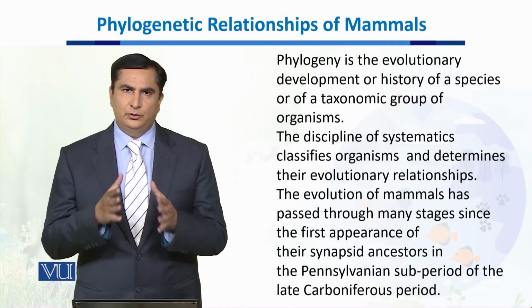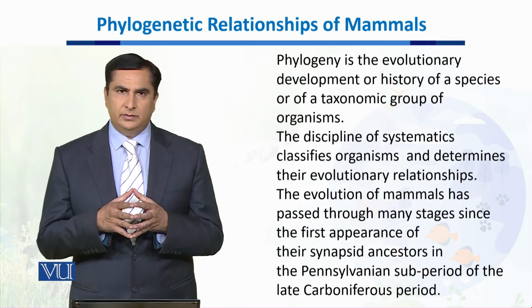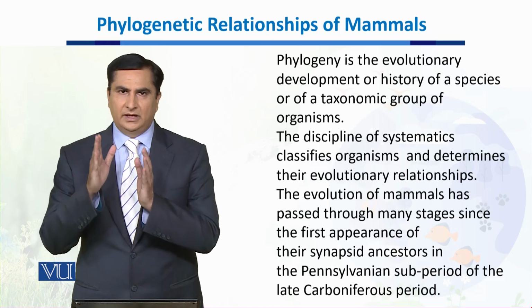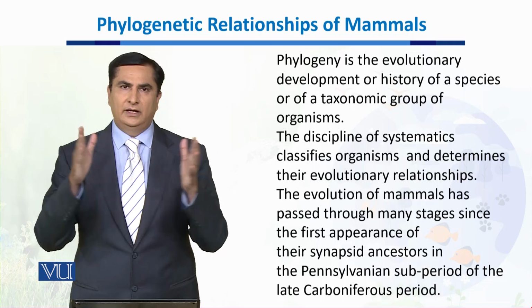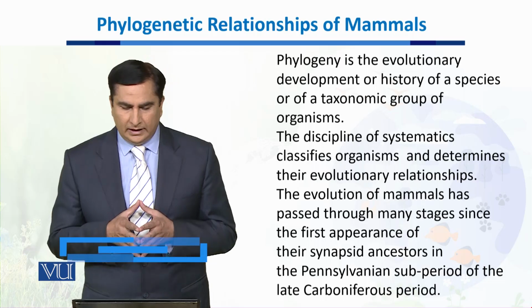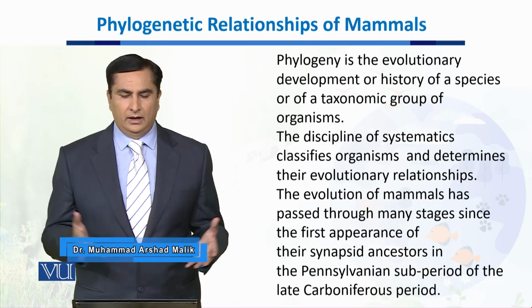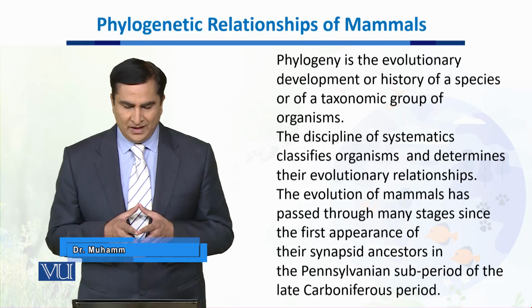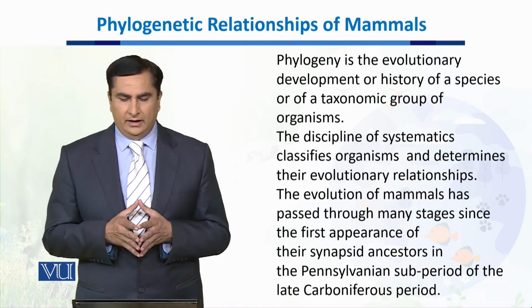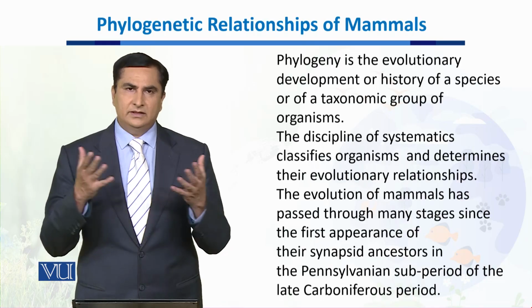Dear students, in this unit, we will talk about the phylogenetic relationship of mammals, which means that within the mammal species, which organisms are closely related to each other and which are distantly related. Now, phylogeny is the evolutionary development or history of a species or a taxonomic group of organisms. Now, the discipline of systematics classifies organisms and determines their evolutionary relationship,